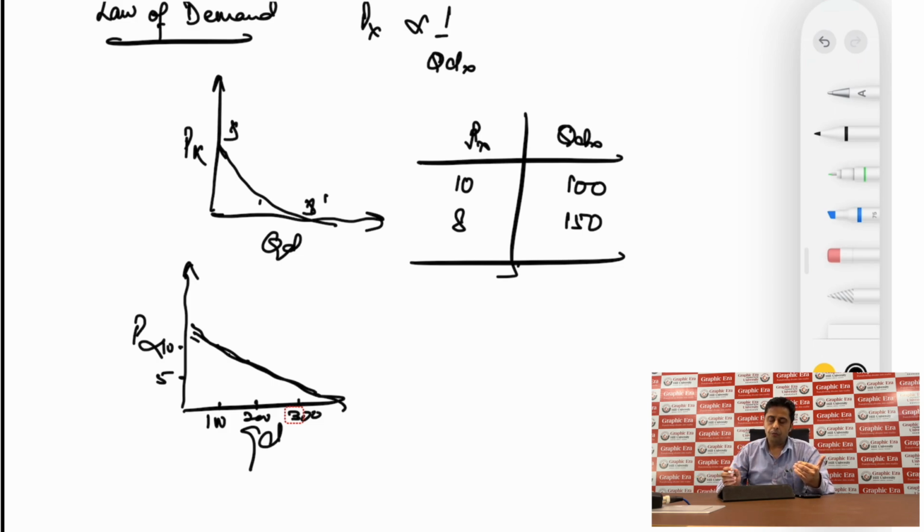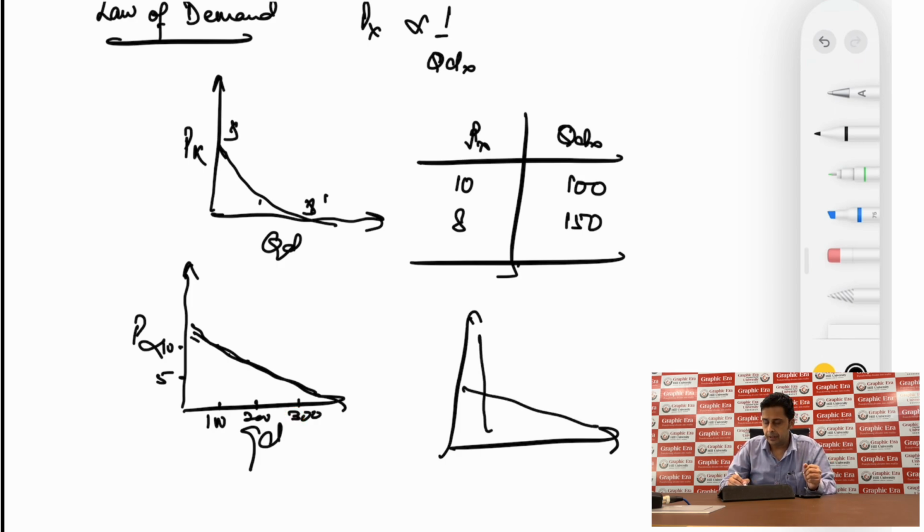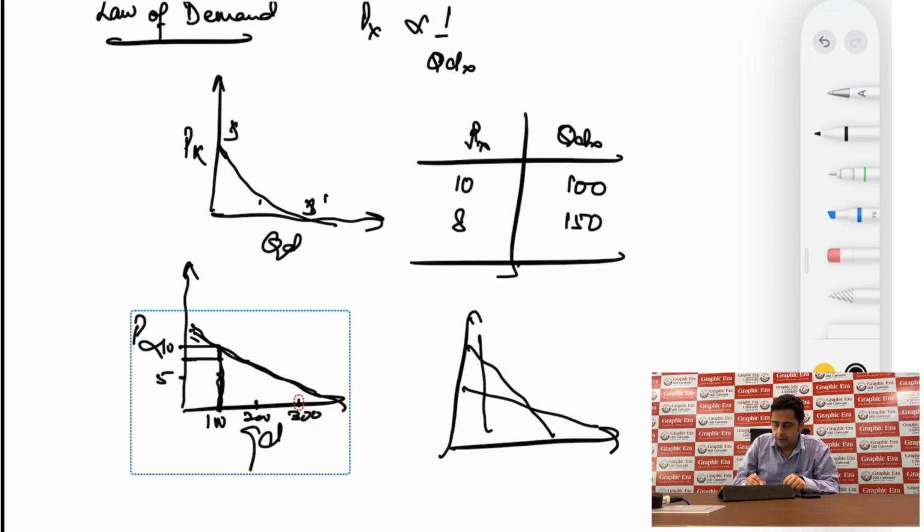Now, one thing is the nature of the curve. The curve that you derive out of this can be a steep sloping curve, it can be a flat curve, it can be a rectangular hyperbola, or anything like that. So this slope being different, the nature of the curve would definitely show whether the demand was high on elasticity or low on elasticity. For example, initially with the price, this was the quantity demanded, and when the price went down to 8, the demand shifted to